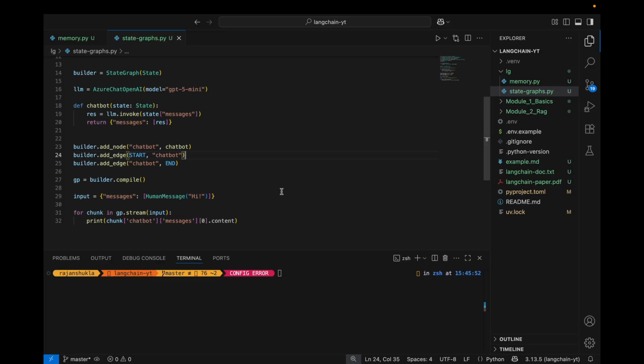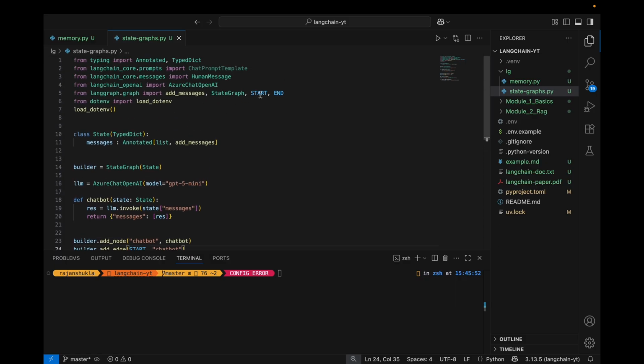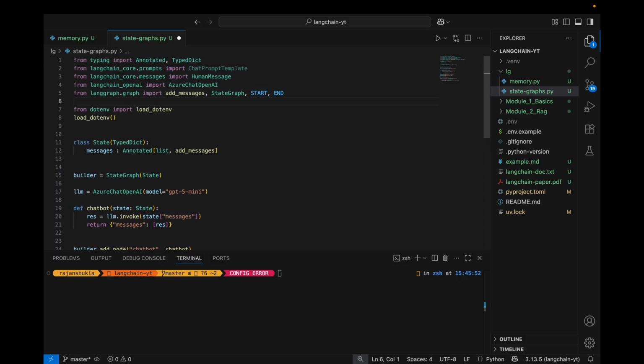Till this point, we just learned how to make a graph. Now let's learn how to make a persistent memory. Doing that is actually very easy. The one way that I'll teach you is very easy. So you just need to import in the same code